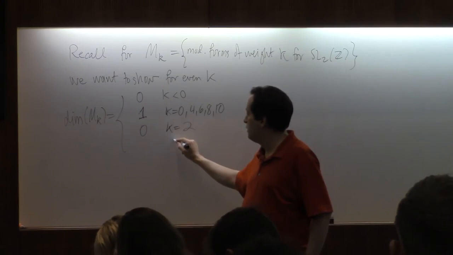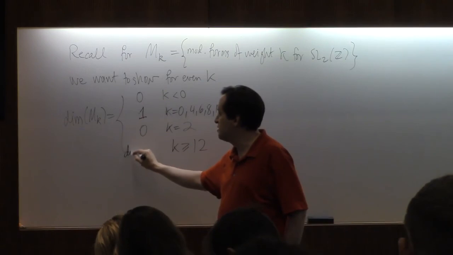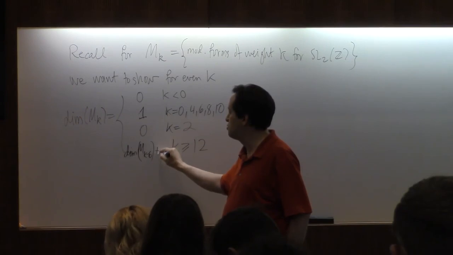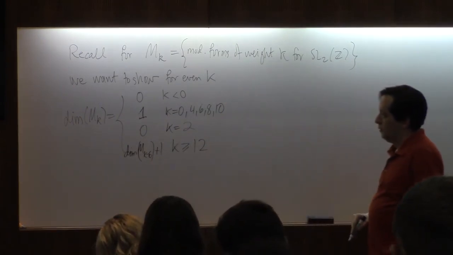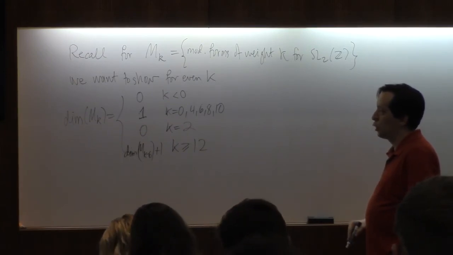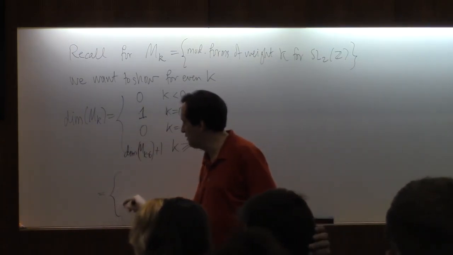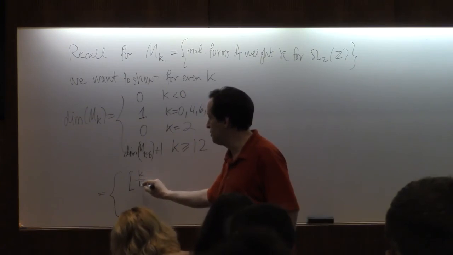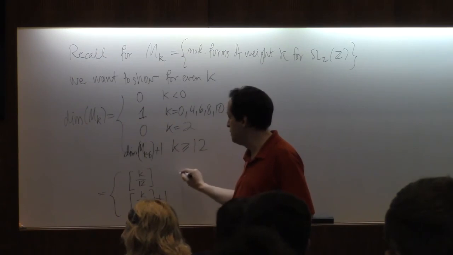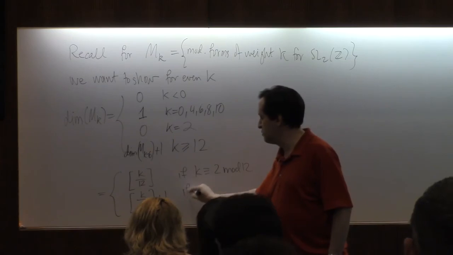And then for k bigger than or equal to 12, I want to show that it's the dimension of M_{k-6} plus 1. So you get a kind of recursive formula. And the thing I wrote down last time was the greatest integer of k over 12, or the greatest integer of k over 12 plus 1. This was if k was 2 mod 12, and this was if k was not 2